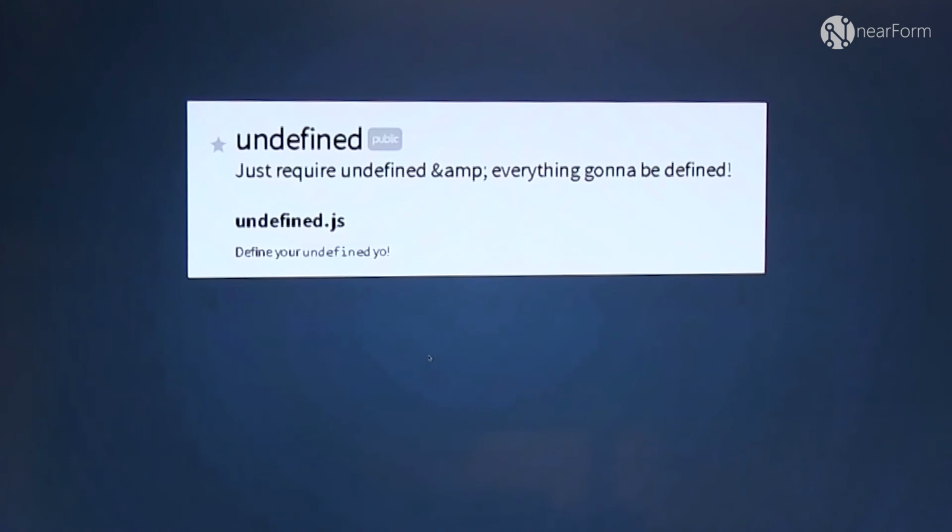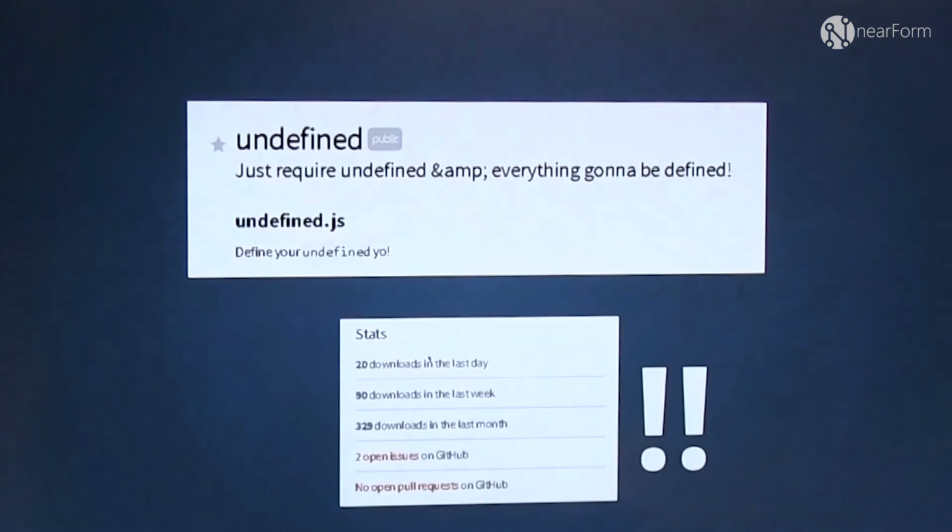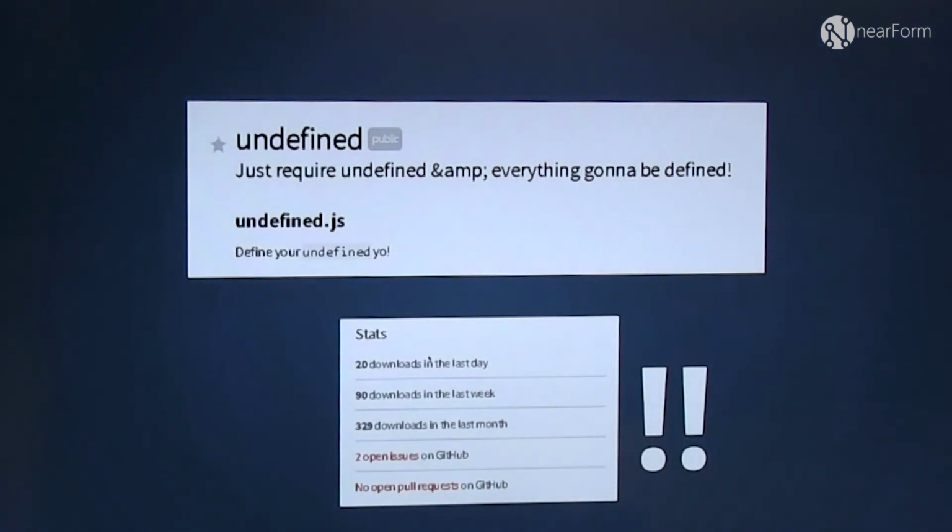And okay, I said, someone had the idea before. It looks like a proof of concept too, but then I looked at the number of times it was downloaded, and it seems that people are using the module undefined. So if you can tell me why that is, I would be happy to listen.